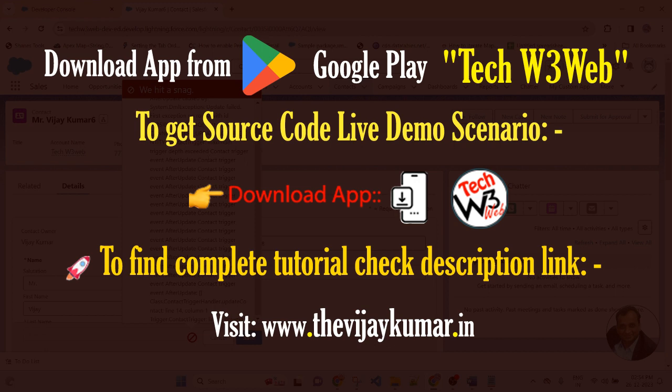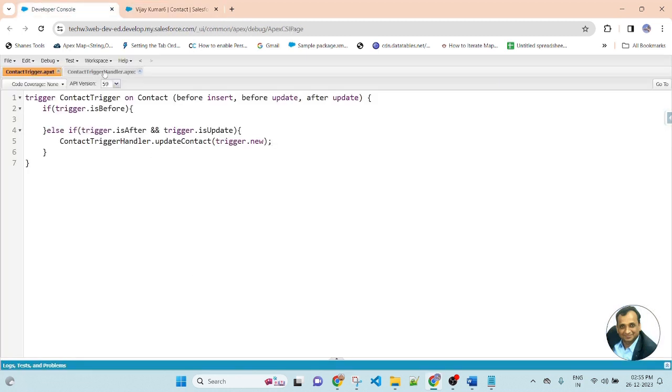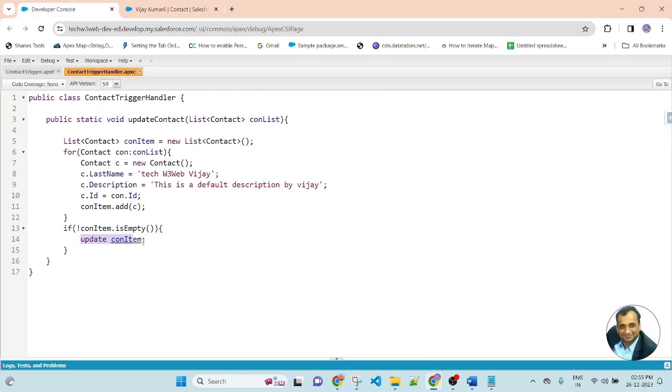So Salesforce does not allow updating the record, because every time I update the record, this method of the Apex trigger will be executed again and again. So Salesforce doesn't allow updating the record. It throws an error. And here you can see line number 14. This is the controller name. This is the method name. If you check line number 14, here I am getting the error. So Salesforce doesn't allow updating the record again and again.